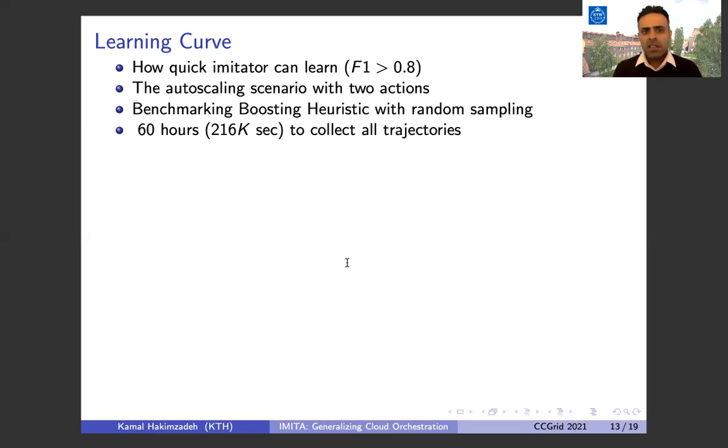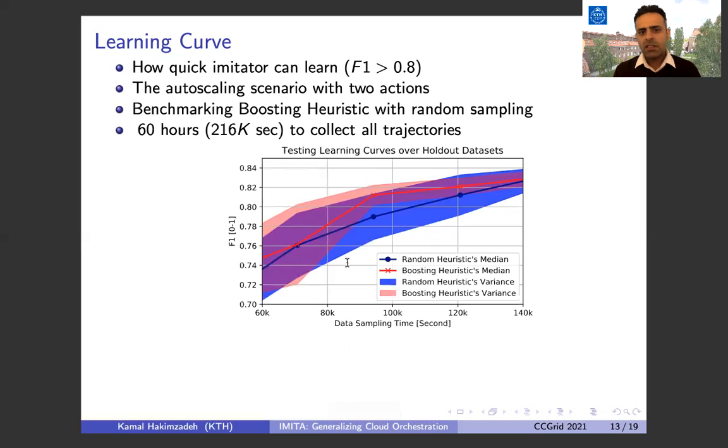We run the cluster for 60 hours, which equals 216,000 seconds, to collect all the trajectories. And this is the result. We zoom in from 60,000 seconds to 140,000 seconds because in the beginning, all the algorithms start from a very